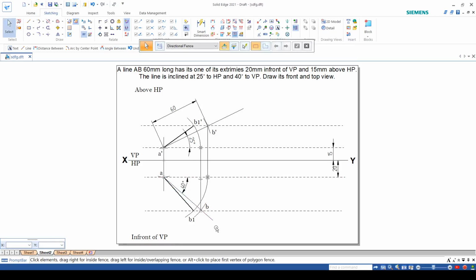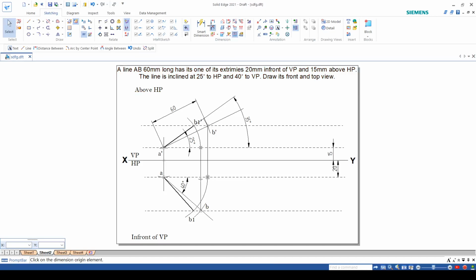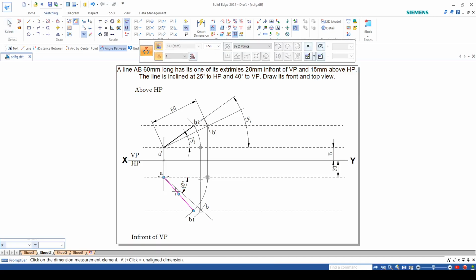Now no question is asked here. If the true apparent length of the projection were asked, then this black dark line would be it. And if we were asked what the inclination of the projection is, then this would be the inclination of the projection. It is 35, and this is 47.